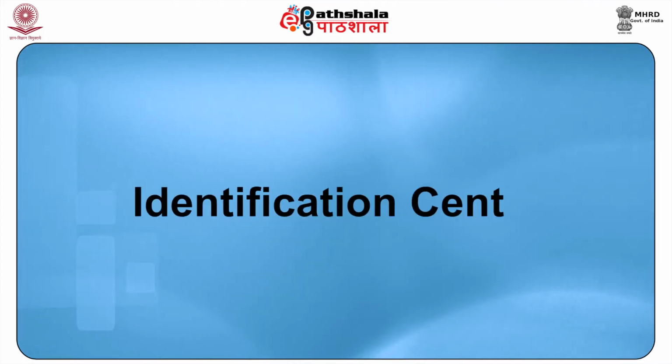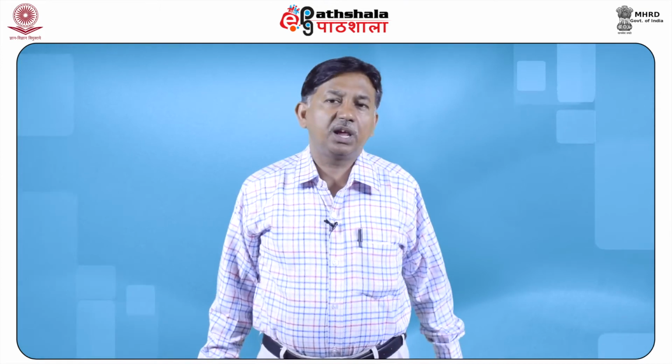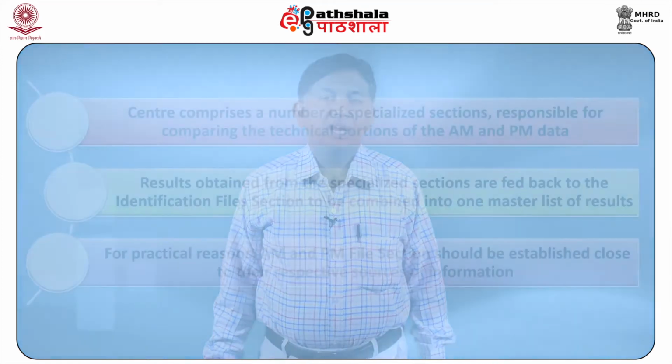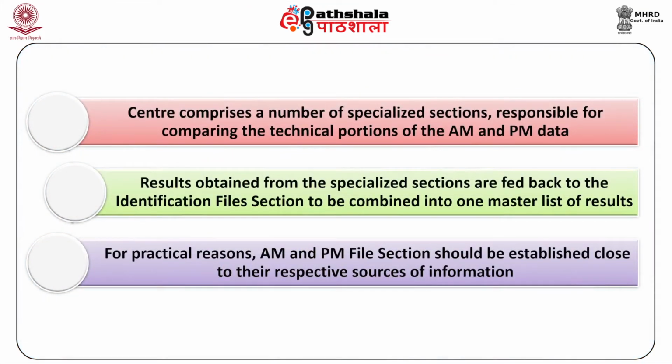Then coming on to the next segment, that is the identification center. The identification center compares AM and PM documents forwarded from the AM and PM file units. The center comprises a number of specialized sections responsible for comparing the technical portions of the antemortem and postmortem data. Results obtained from the specialized sections are fed back to the identification file section to be combined into one master